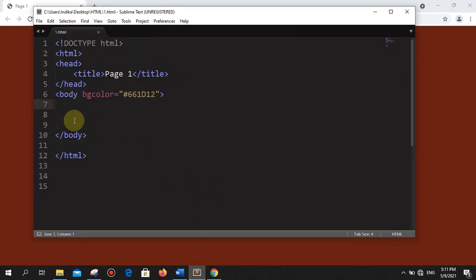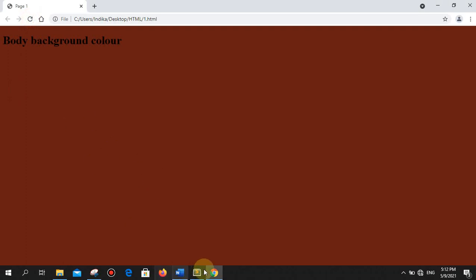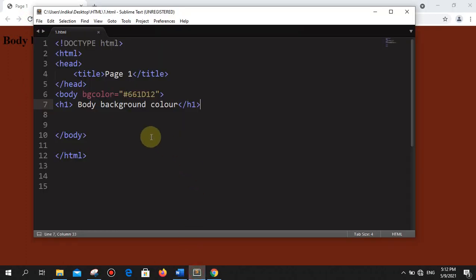I will add a text: body background color. This is the way you can include a body background color. This is the code, bgcolor. Even color names you can introduce here. Now you know how to edit. Okay, next I would like to talk about